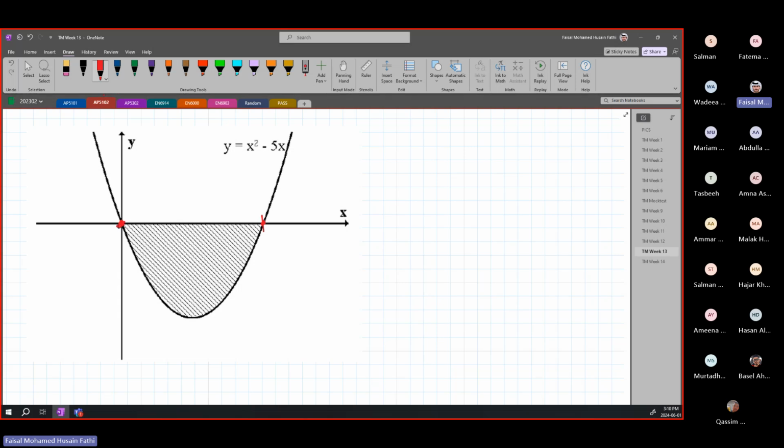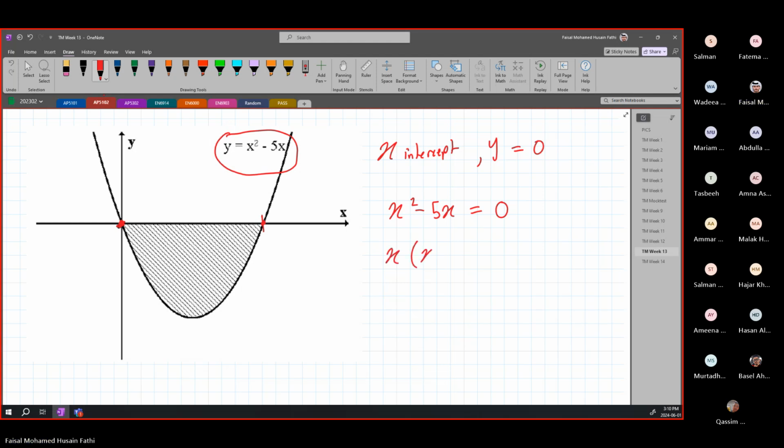Remember from Math 1, you can find these x-intercepts, which basically means when y is equal to 0. So you're going to be solving your function when y is equal to 0. This is a quadratic function, x squared minus 5x equals 0. It's a simple one, so you can simply take x as a common factor, x times (x minus 5), or you can use mod 5, 3, whichever you prefer, is equal to 0.